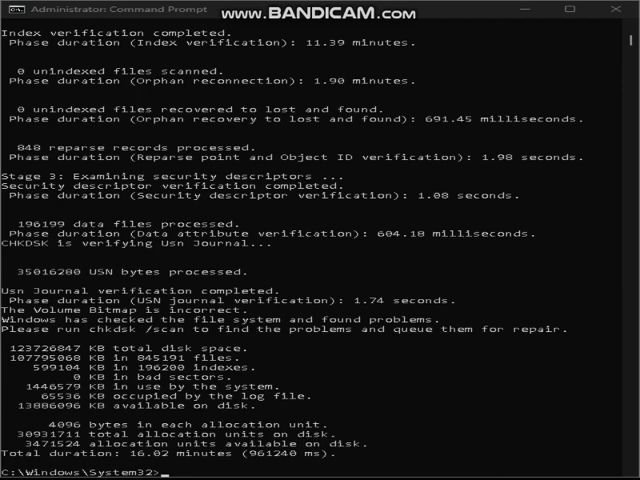Alright, and as you can see here, Windows has checked the file system and found problems. In order to clean this, you need to run chkdsk /scan to find the problems and queue them for repair. However, you can use another command